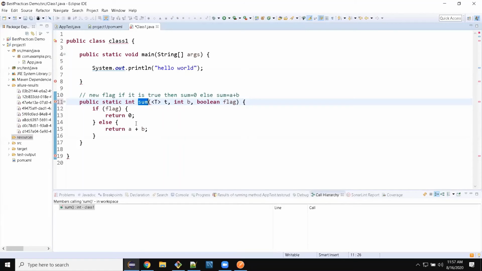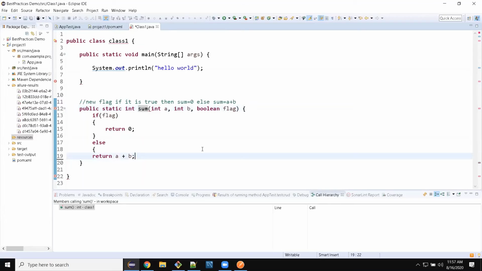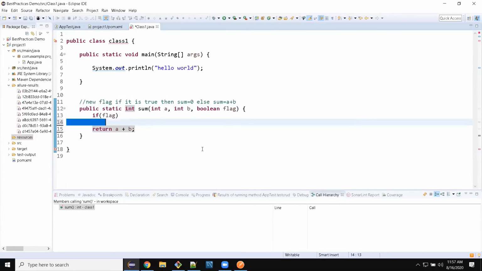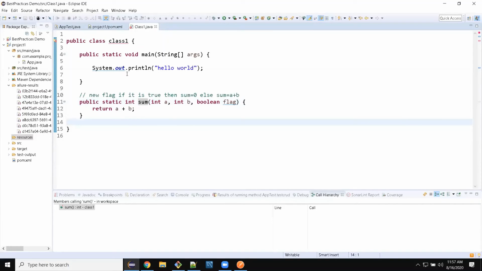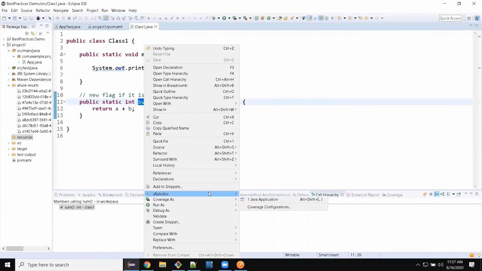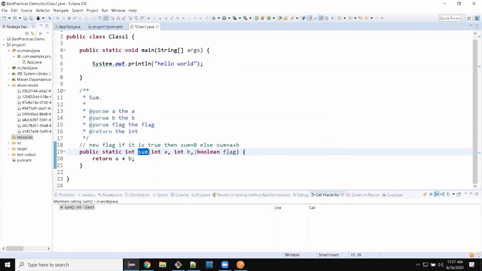I will see the doc automatically. Okay, so the doc is almost available.